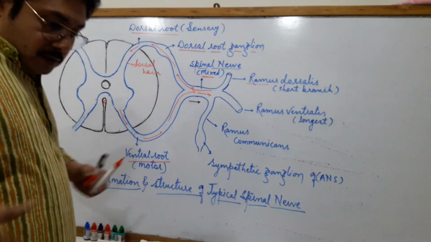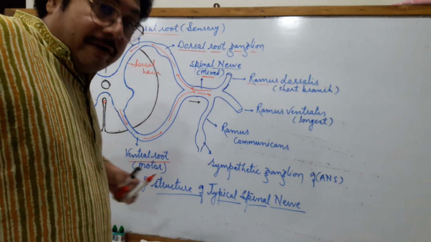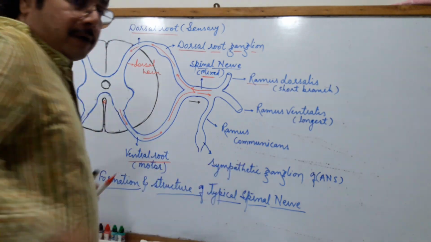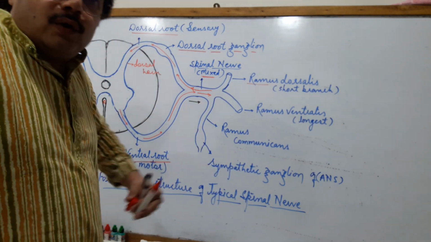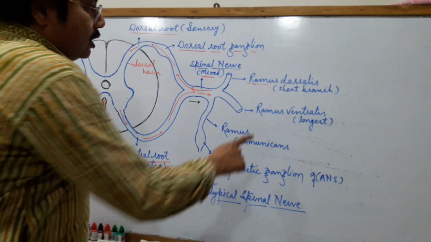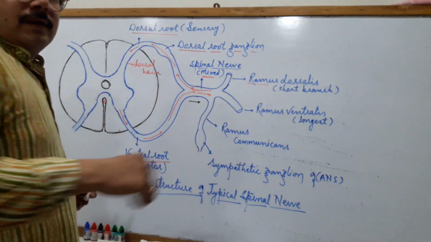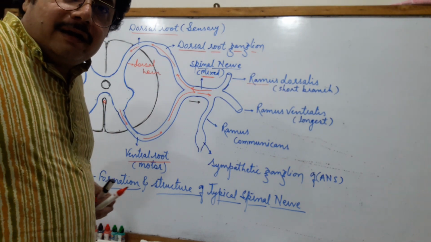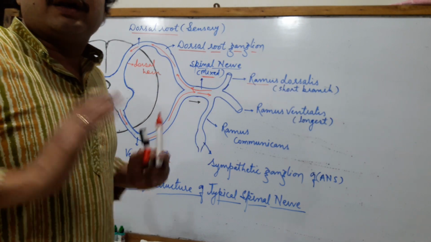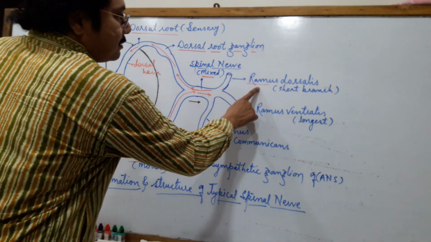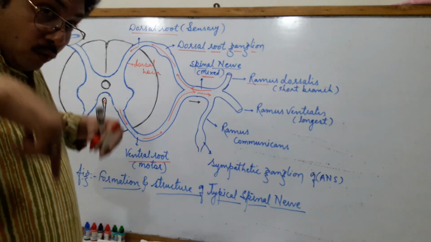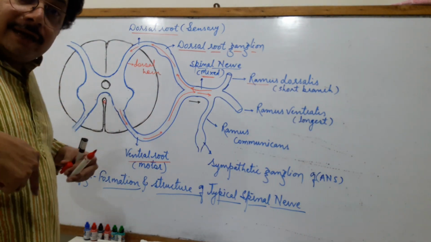The ventral branch comes anteriorly, towards the ventral side of the body. So ultimately it is comparatively the longest branch, because it has to come forward to the ventral side, the lateral and the ventral side. So that ramus ventralis supplies the lateral and ventral side, particularly the skin and the muscles of the lateral and ventral side of the body. So the shortest branch is the ramus dorsalis, the longest is the ramus ventralis, and then the downward branch, which goes down